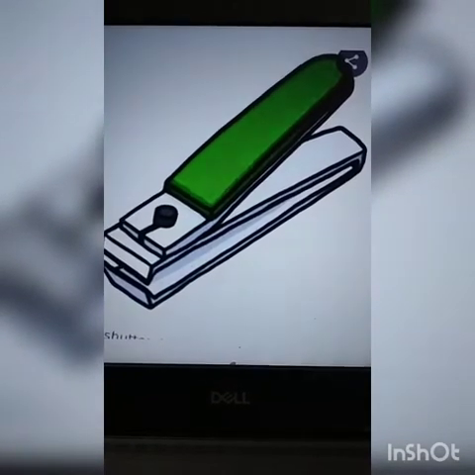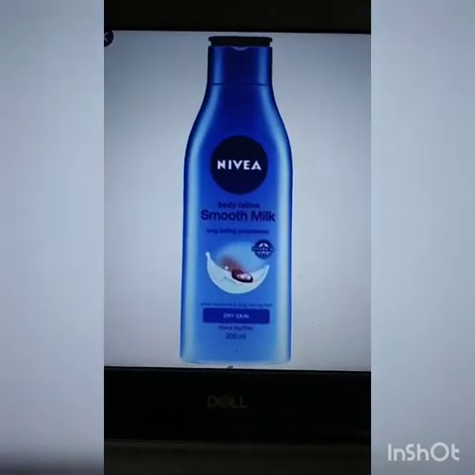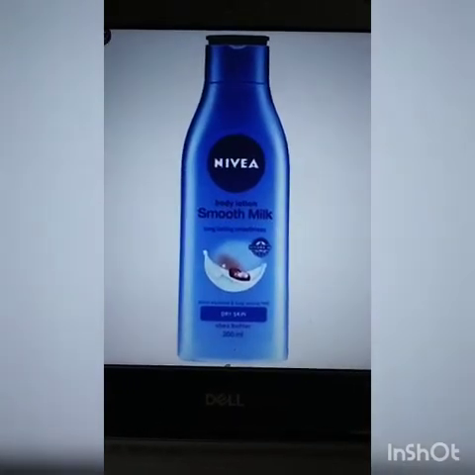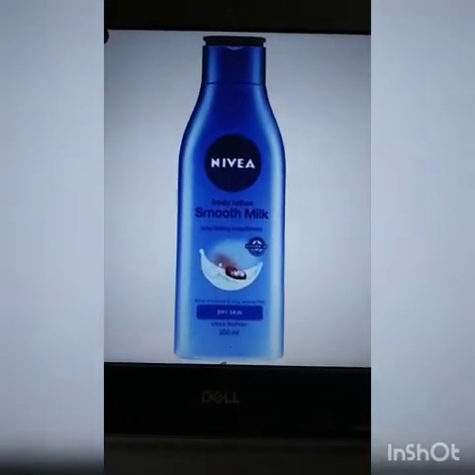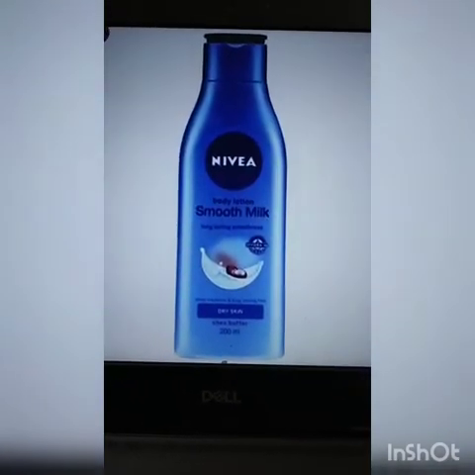Nail cutter. This is body lotion. What is this? Body lotion. Children, apart from this, there are extra things that we see in the bathroom. So, I am going to show you some pictures.